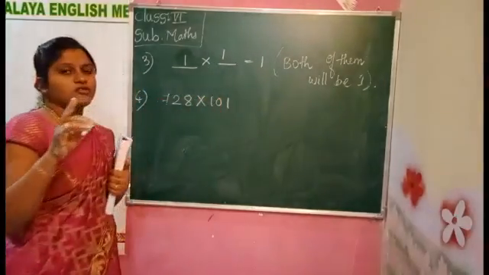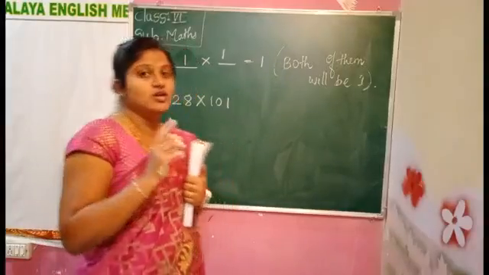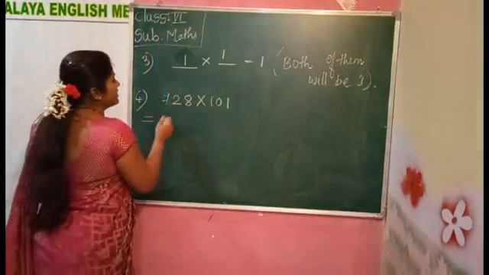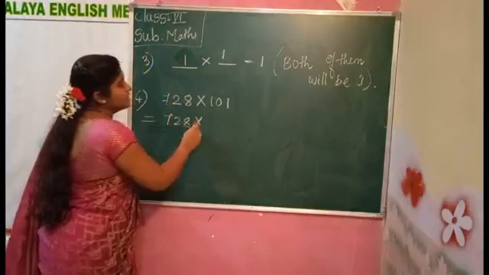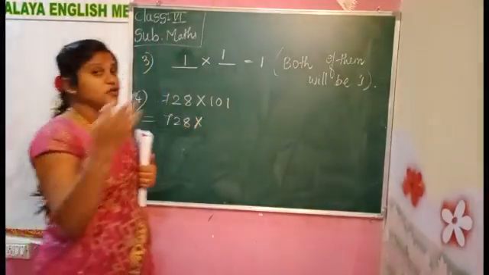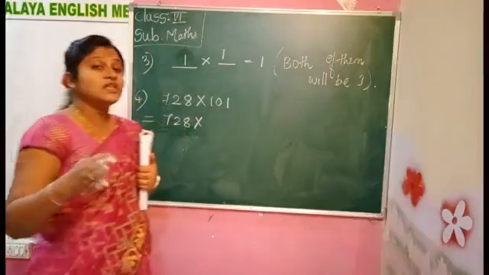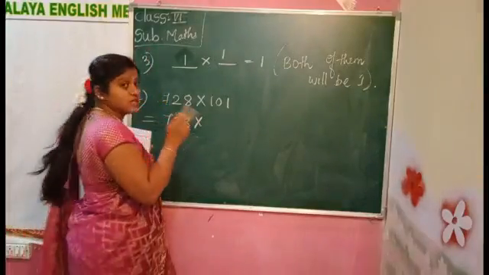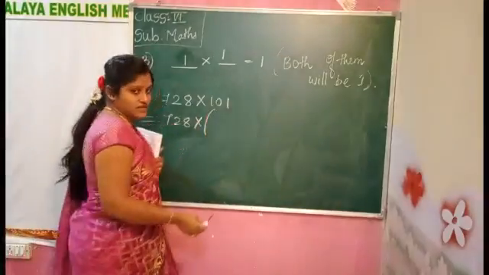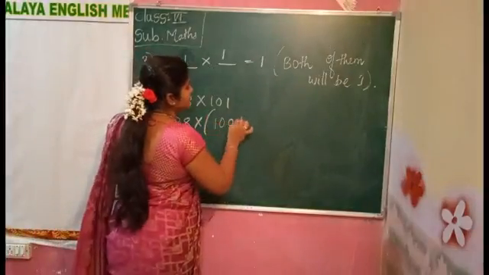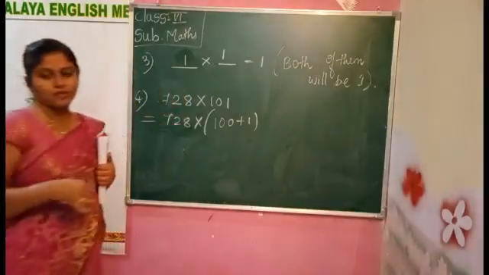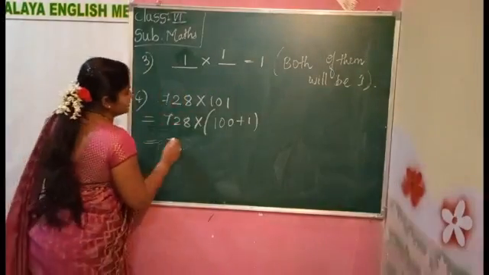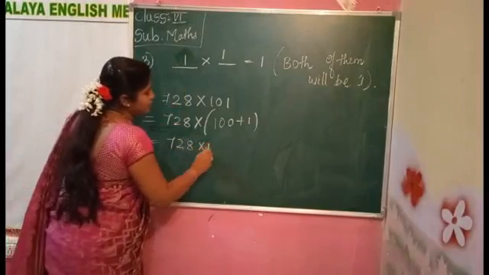Now I will give you one example here of how to do it, and the remaining you have to do. Okay, 728 we can write, expand it. I told you patterns with observation. This is patterns with observation. 101 can be written like this: 100 plus 1. Okay, now 728 into 100